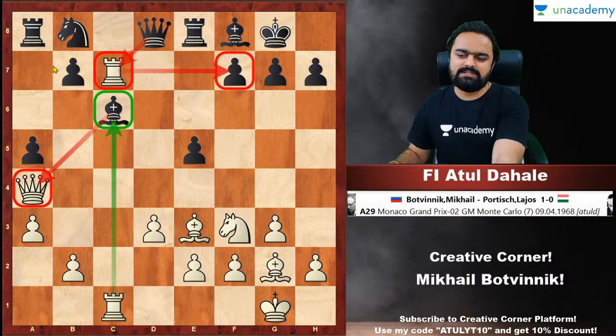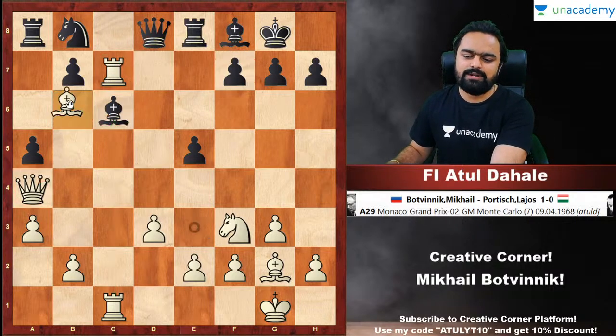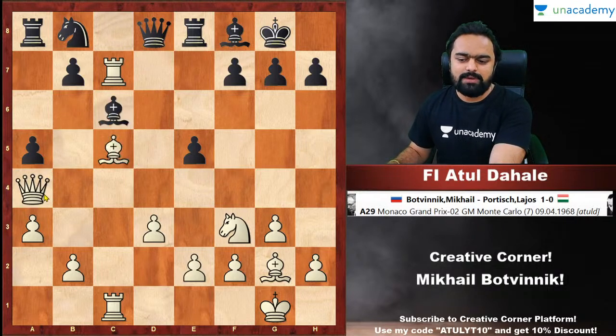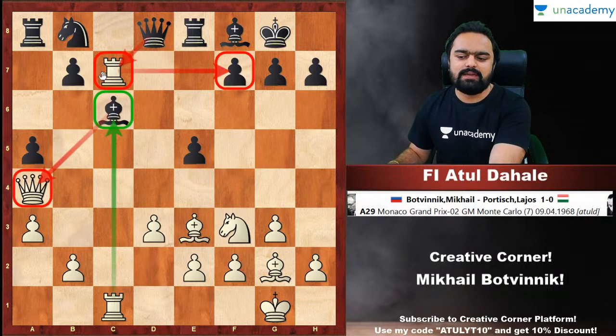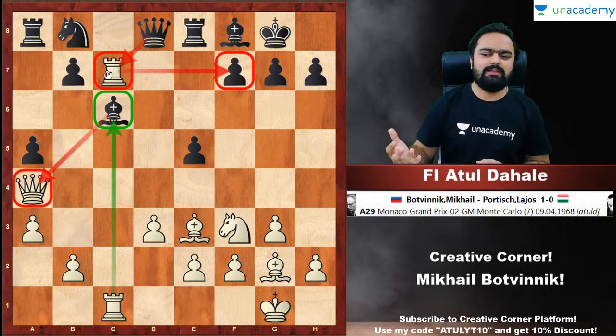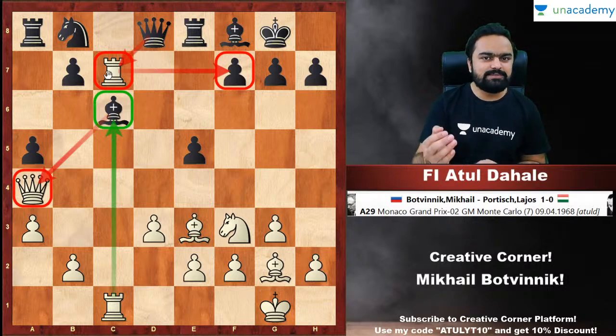अभी ये rook को कहीं से भी support नहीं कर सकते. Like even if you support it by playing bishop b6, then your queen will be lost. Okay? तो यहाँ पे queen के ऊपर attack है, rook के ऊपर attack है queen का, तो करे तो क्या करे? So here Botvinnik had already seen that okay, bishop c6 is one of the traps which his opponent has